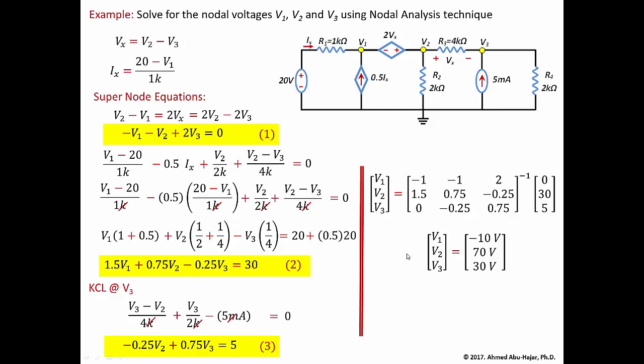Once you have solved for the nodal voltages, I might ask you to solve for the current here, and I might ask you for the power delivered or absorbed by any of those elements. You need to check if the element is passive or active, whether it is absorbing or delivering power. This is a typical nodal analysis example that I like. It's not the hardest example, but it requires some thinking, and it shows if the student can apply